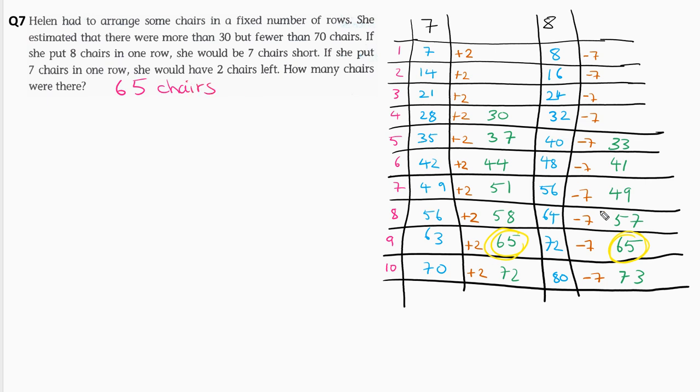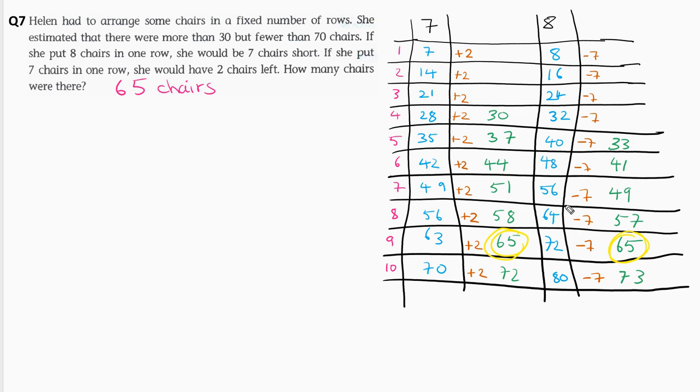Okay, so this is a sort of guess and check model. And yeah, just trying to do a table, trying to stay as neat as possible. You probably didn't need to put in the rows, you could have just counted up afterwards, but trying to keep it as neat as possible is really helpful. Okay, so let's see